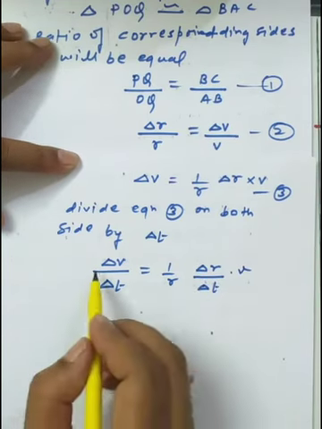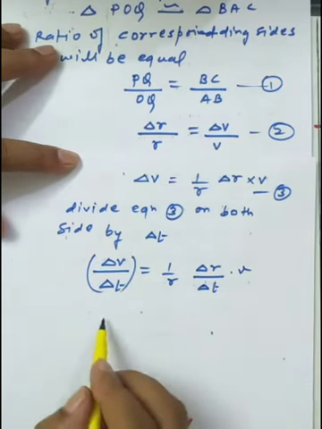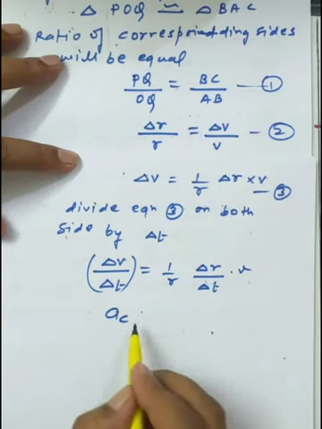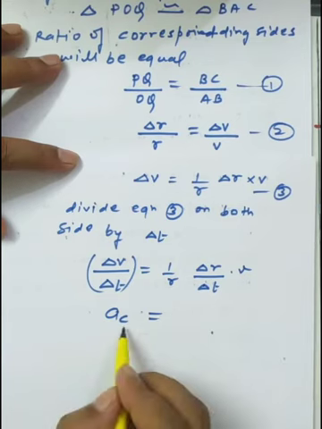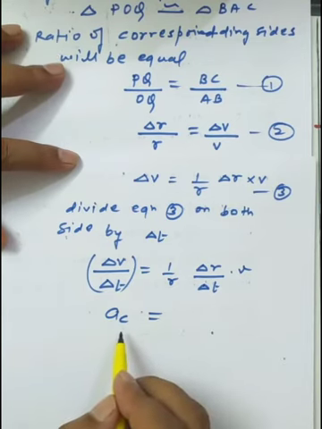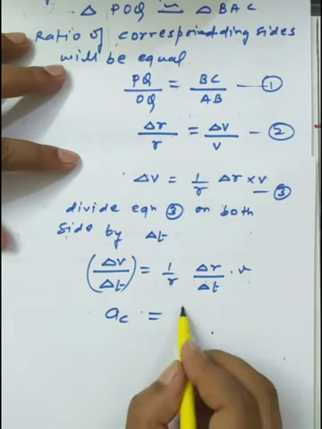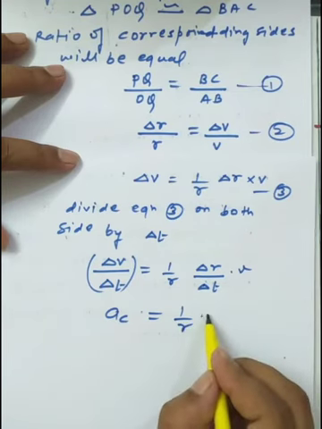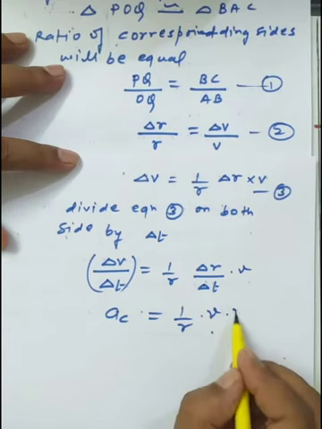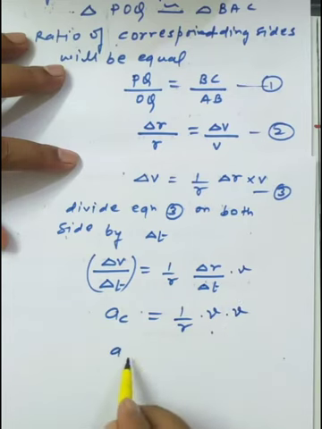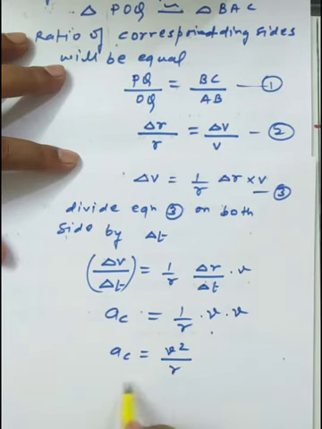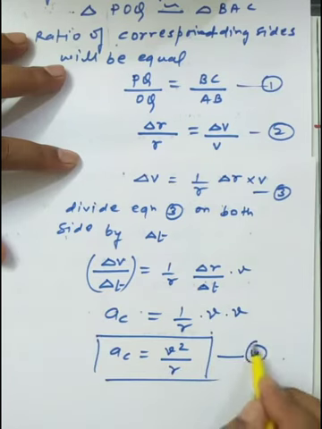Okay, so this portion is the change in velocity with respect to the time interval. I am saying this is the acceleration, but it is a type of acceleration called the centripetal acceleration. 1 upon R is there, and delta R upon delta t, displacement upon time, is the velocity, which is V. So we get the magnitude of the formula, V square upon R. This is the general formula of the centripetal acceleration, equation number 4.